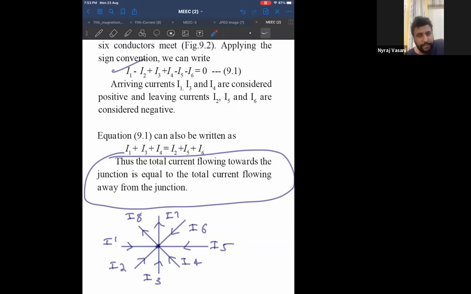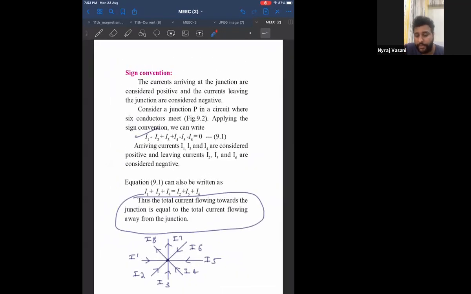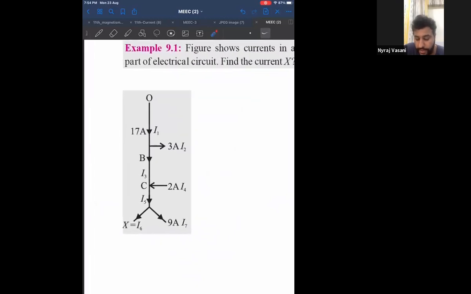Now I'll give you some examples, solve and try to get me the answer. I'll give you some miscellaneous questions as well, and these questions will be repeated in the module. Once they are repeated in the module, I'll tell you that we have already done this. So right now you have to do it. Let me check if any questions are there over here.